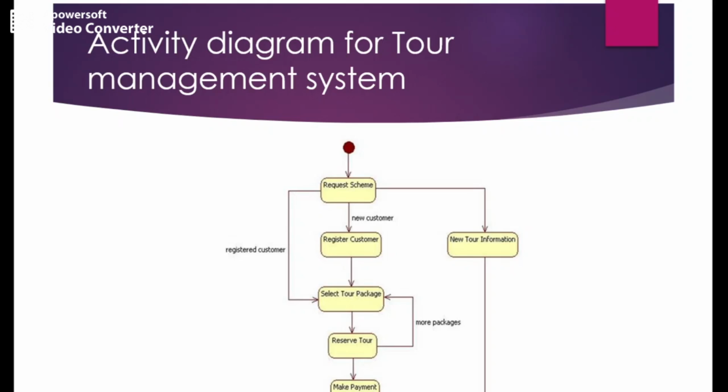So it comes in a package amount. You have to select that package, whether it is for only one member or two members, for family. All those you have to decide. First you have to go through all the tour information available. You search for your destination which you want, and then select the tour package and reserve the tour. So you can reserve that tour package.